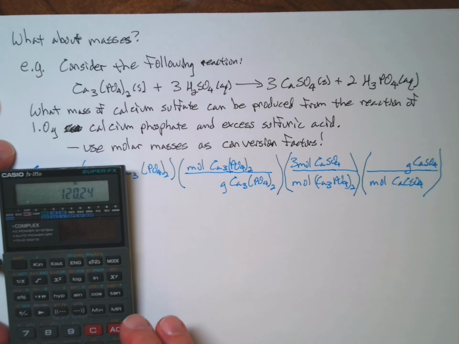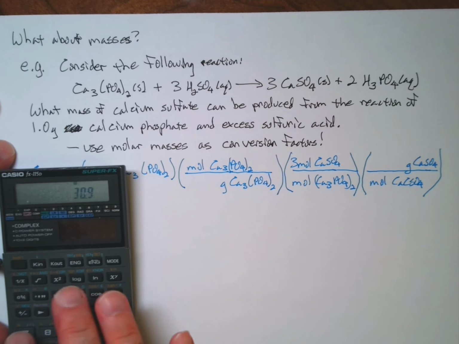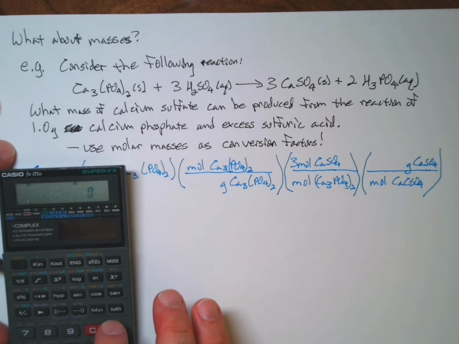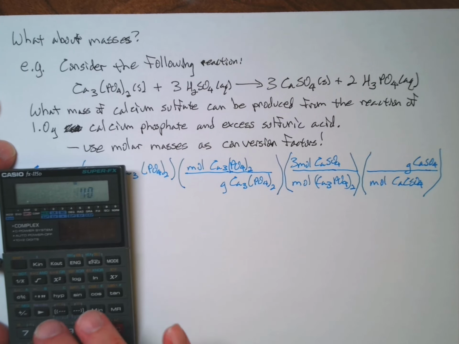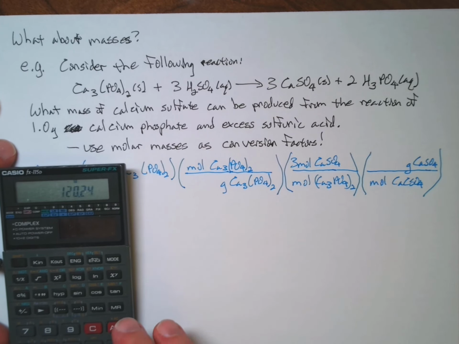Sorry about that. Let's try this again, because I am just getting off target. 3 times 40.08 plus 2 times 30.97 plus 8 times 16.00